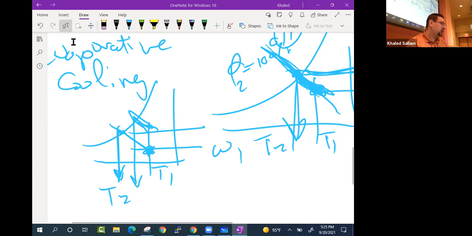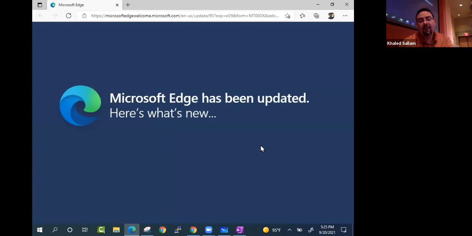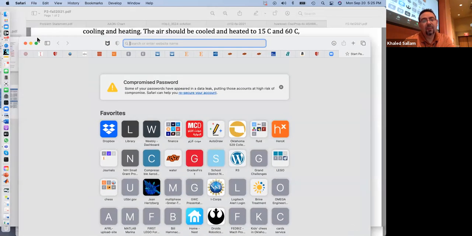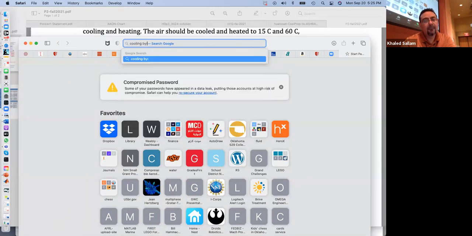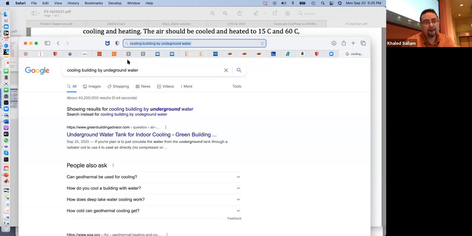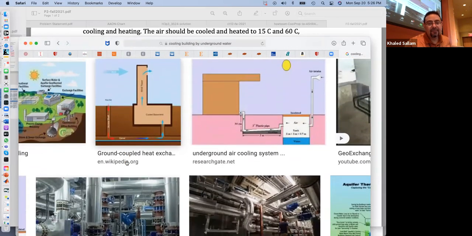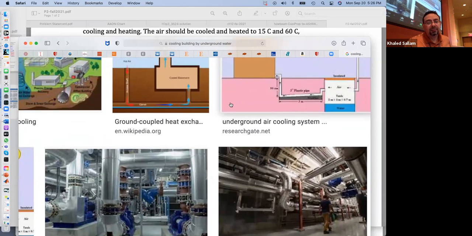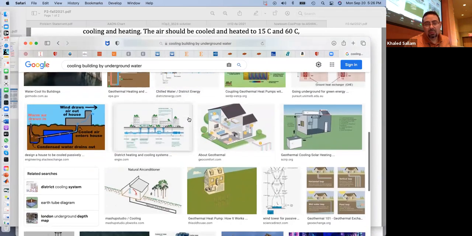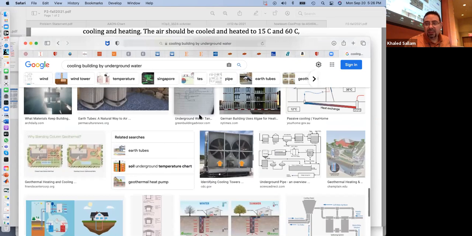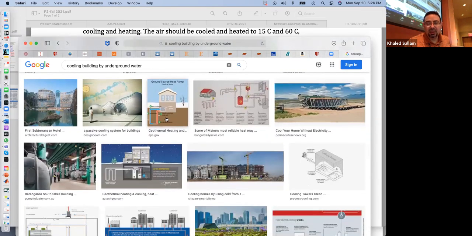This idea, I don't have a good sketch to show you, but basically if you send the water into an underground or cold water basin or something, then the air gets cooled because it needs to evaporate all that water,